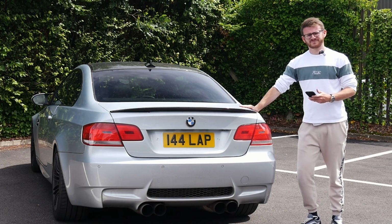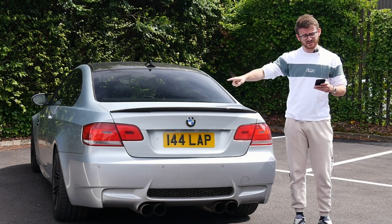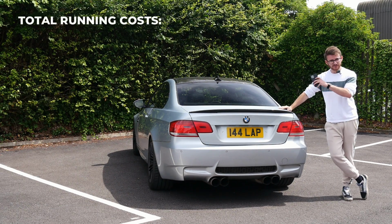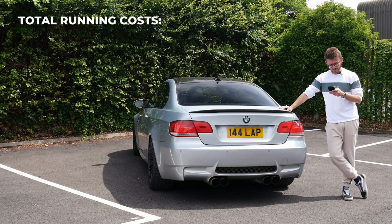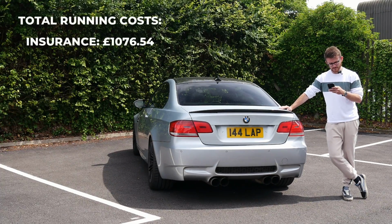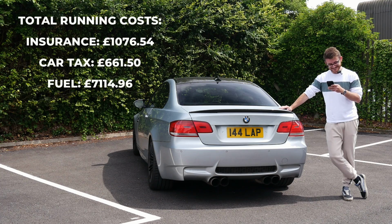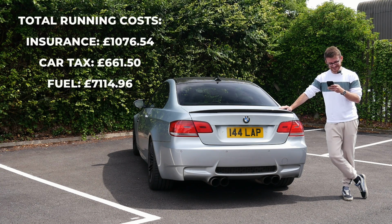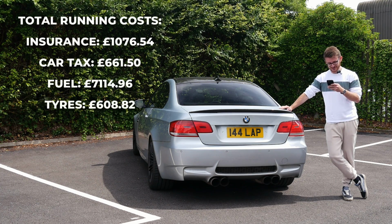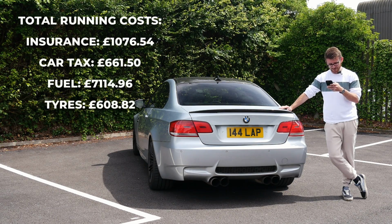Right, let's add this up. To run through though, in short, we're going to see a build up on this side of basically everything split up into each relevant section. Insurance, £1,076.54. Tax, £661.50. Fuel, £7,114.96. Tyres, £608.82. Maintenance, including servicing, repairs, anything like that,